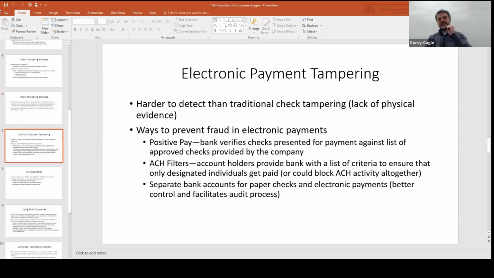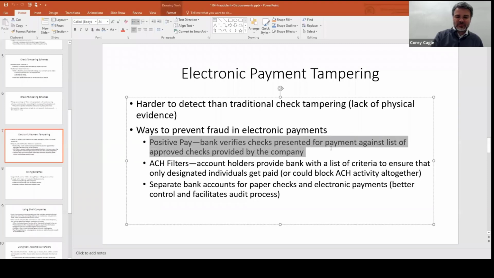All right. This is a section that's easy to blow through and say, what in the world could they ask about this? And that's exactly what I did on my first run through. I'm like, what are they going to ask? They have questions on this, and it usually has to do with this positive pay thing for some reason. I don't know why they like to ask that question, but they do. So electronic payment tampering. So this is just, you don't have a physical check. It's just automatic from the bank.